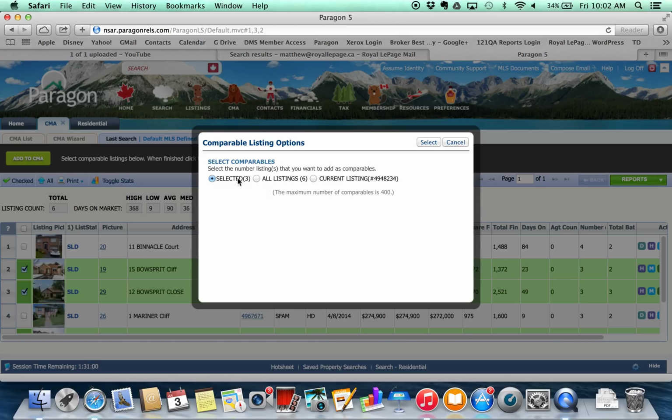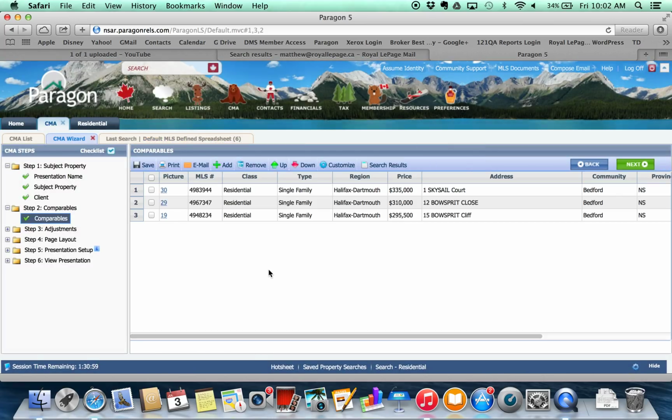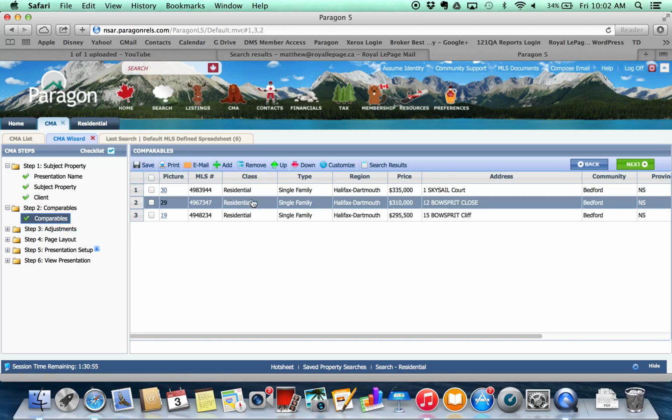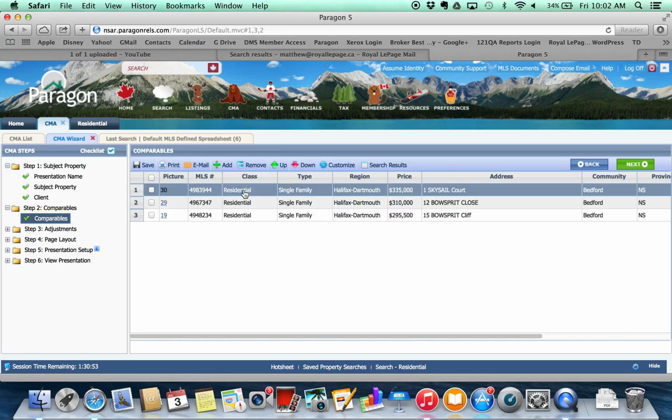And it's going to say which ones do you want? Do you want all of them? Do you want just the current listing, which is the last one we clicked on, or do you want all 3 that are selected? In this case, I want all 3 that are selected, and I'm going to pick those. And you'll see we're back at our CMA window here, and I have these 3 results, which are the